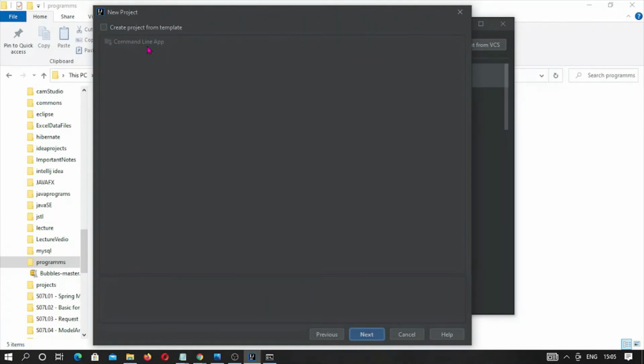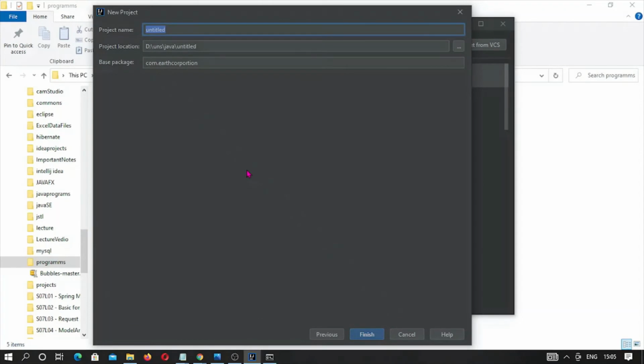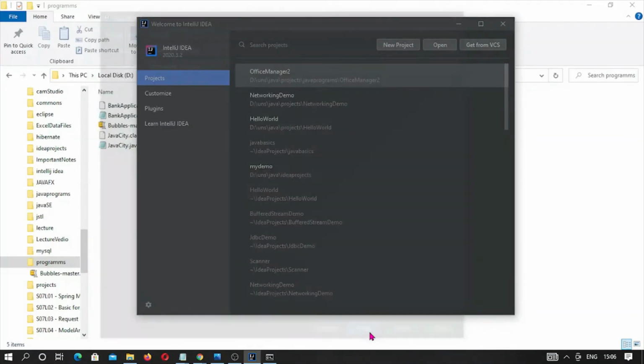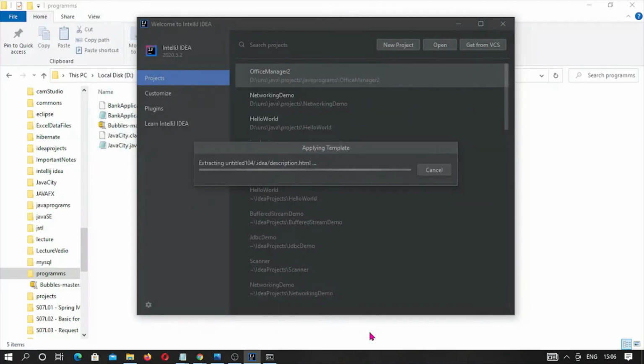Okay, command line app. Let me write this: a simple Java application that includes a class with a main method, as we have written in the text editor. Next, and you can see the project name, writing source code and building compilation. So let me finish it. Now it will create a project.